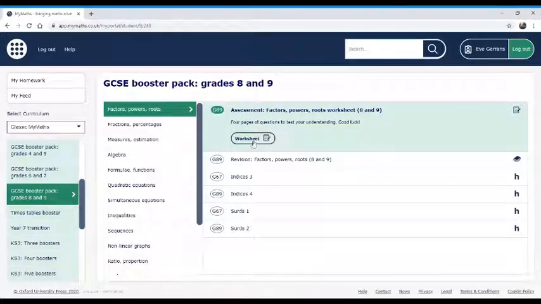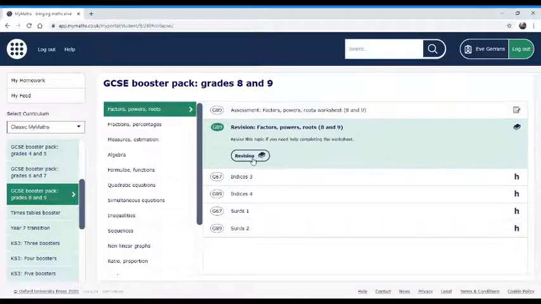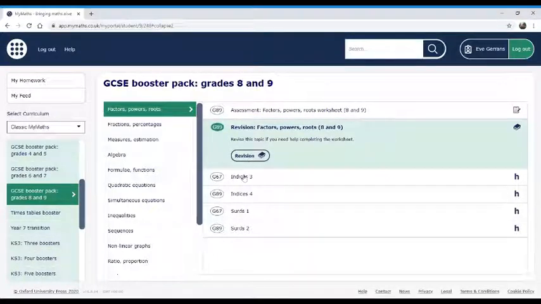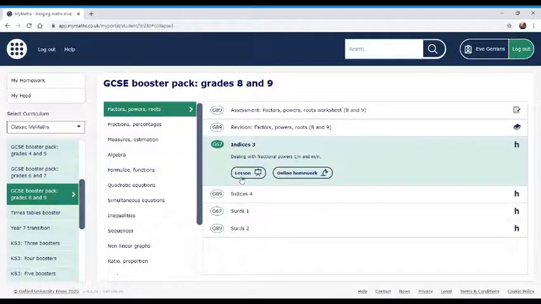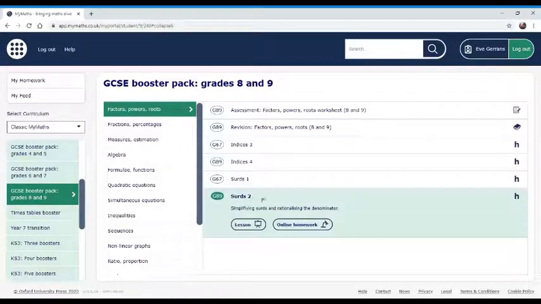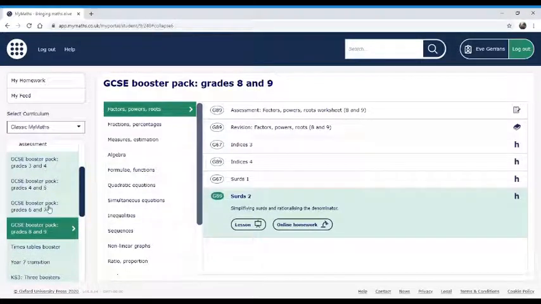Anything that says worksheet will not have a lesson to it, but there will be a revision part that comes with that. So if she's struggling with the worksheet, she can go to do the revision part, and they're all broken down into homeworks as well. So she can click on each of these and then click on the lesson or the homework depending on where she's at. These are set as extension homeworks for the year,